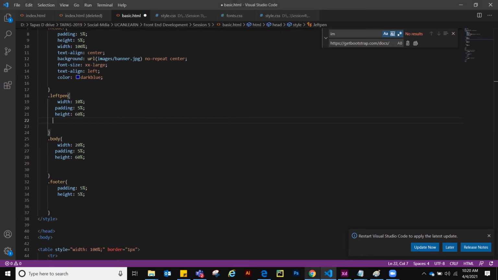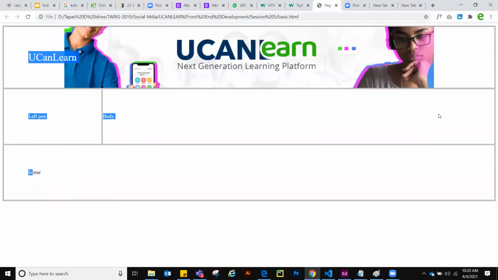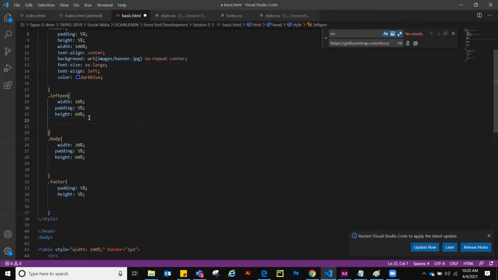See, the total width of this page is 100%. Now I am dividing it into two columns, right? I want the left column to be 20% and the right column to be 80%. Inside that I am introducing padding, so it cannot be a straightforward 80 and 20, because we also have to consider the padding. That's what I am doing.